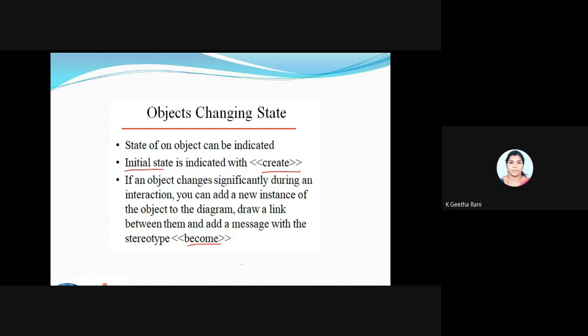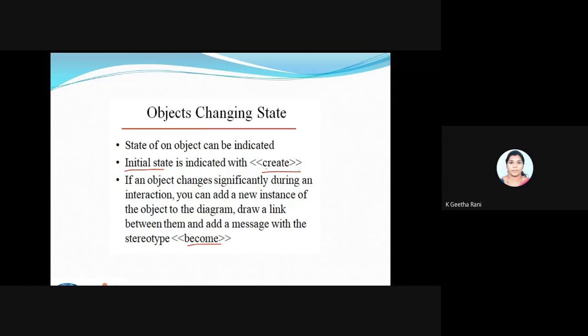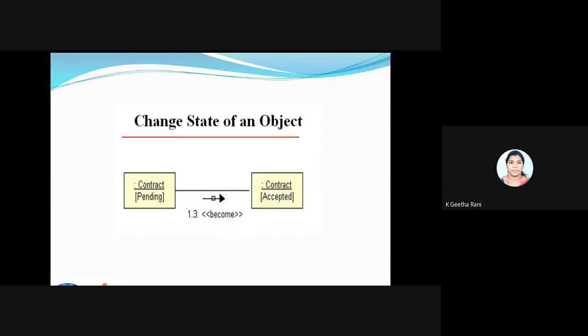So this is what is newly added to our collaboration diagram. This is not in your sequence diagram. There we explicitly show the object lifeline by using arrows and this cross symbol and so on. But here I'll be using a term like this to tell whether this object has been started. So it purely tells about the object's changing state. This means that my object is there or not in the current state. So that's all about the collaboration diagram.